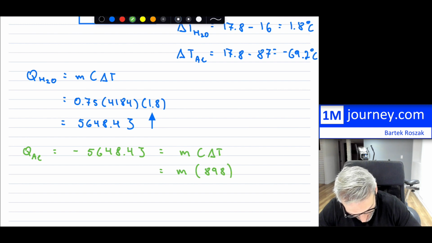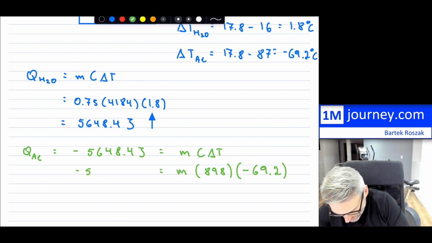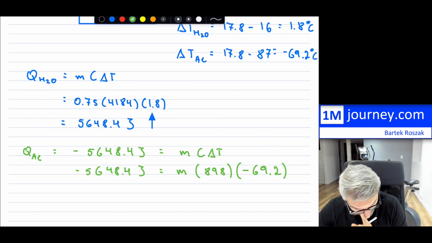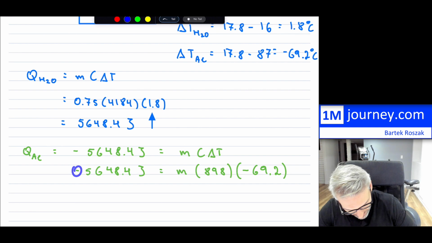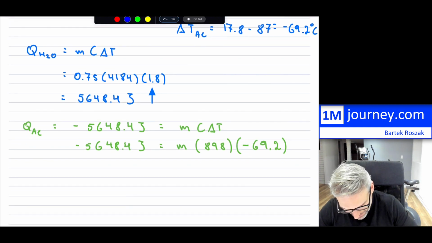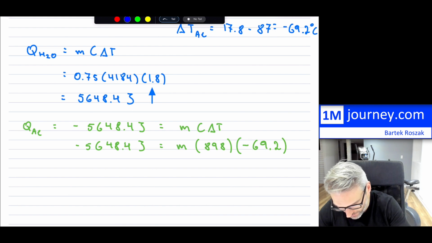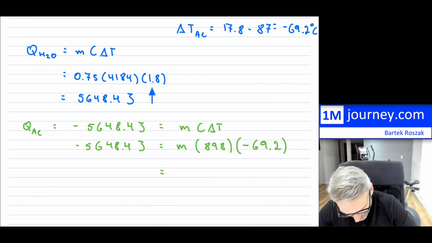898, that's what they give us, and then the change was 69.2. All right, and then of course this right here. So we just have to be careful with the negatives, although the two negatives are going to cancel, right? So we're going to have a negative negative, so we can get the mass, and obviously mass should be positive overall. So now it's just a matter of taking, so our mass is equal to, and now I can replicate